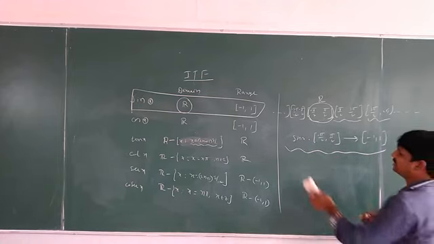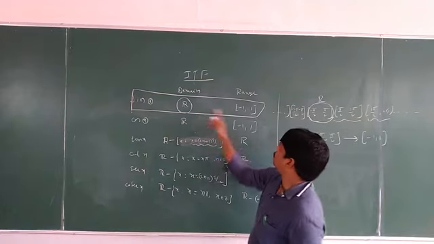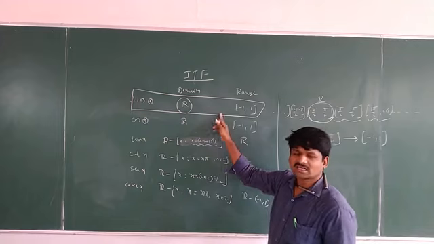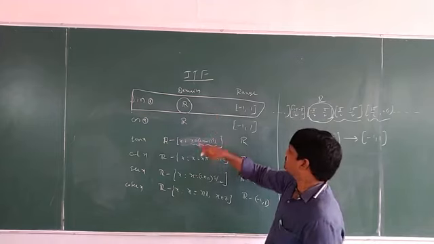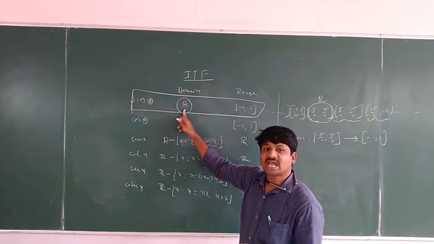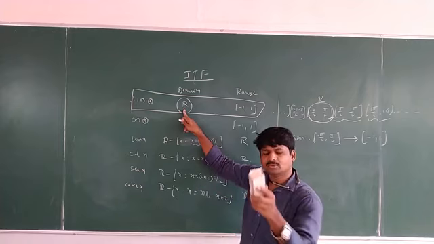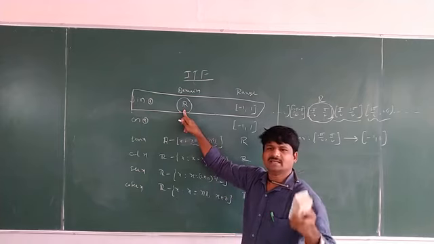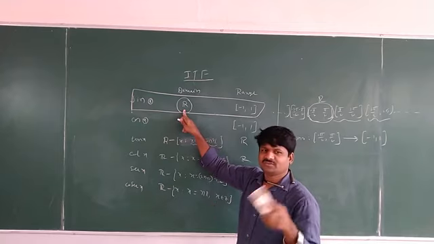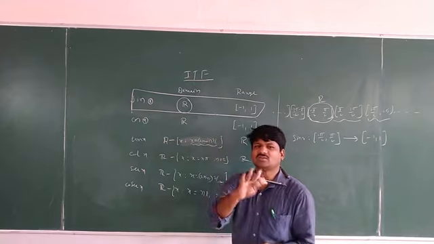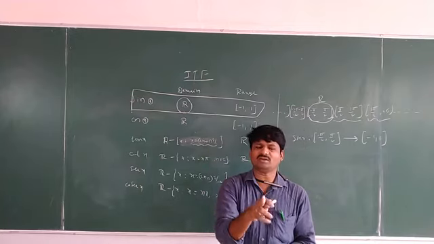So now, the function sin x from R to closed minus 1 comma 1 is not invertible. Why? Because it is not a bijective function. Different elements have the same images, like 0, pi, 2 pi, and also minus pi, minus 2 pi. These all have the same image. So different elements having the same image, it is not 1-1. Whenever you say this sine function is not 1-1, what can we say?